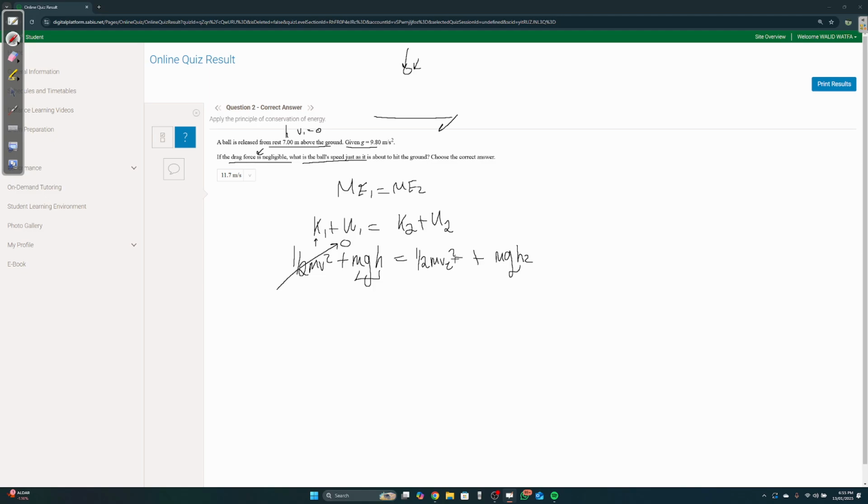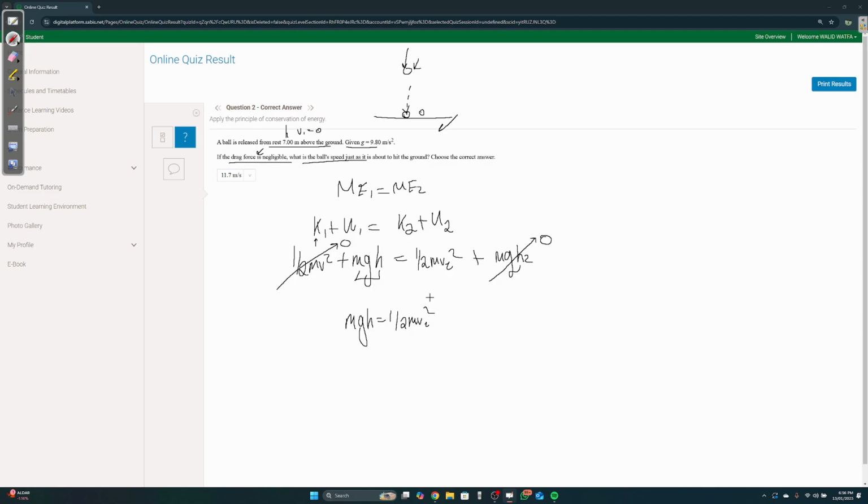Equals half mv2 squared. Now in the second phase, when it's falling, obviously it has velocity, so it's not going to be cancelled. Plus mgh2. Obviously, this is going to be cancelled to 0. Why? Because when it falls, its height is 0. So it's going to be cancelled. So now you're left with mgh equal to half mv squared,